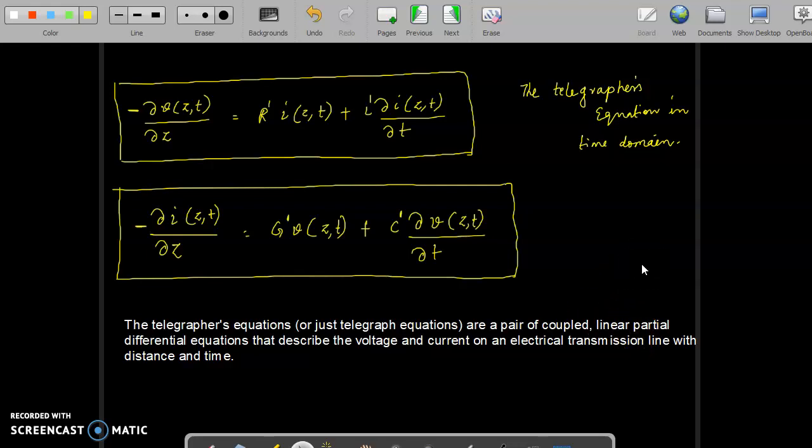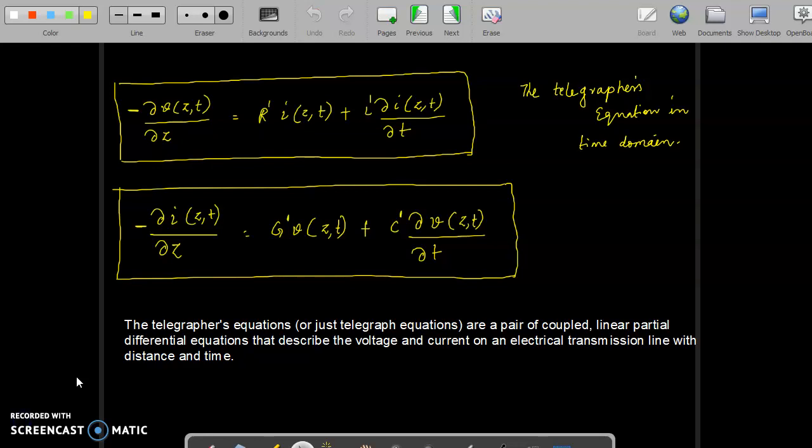Dear students, last class we discussed the various system parameters of a transmission line model, and using that we derived the expression of voltage and current. It's a partial differential equation, a function of distance and time. This is the voltage equation and this is the current equation, and these two equations are called the telegraph equations, or just telegraphic. In today's lecture, I am going to focus on converting the linear partial differential equation to a